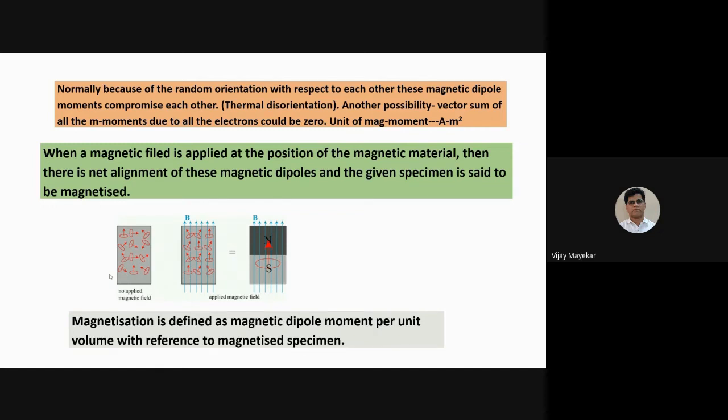So that all the magnetic dipole moments get arranged in a systematic alignment. What is disturbing it? The thermal orientation is disturbing it. Within an atom, there is a specific arrangement of electrons. But when you consider atom to atom, even if the atom has a net magnetic dipole moment, because of thermal disorientation all the atoms cannot add together. In some materials there is a possibility, but in general we are referring to this.